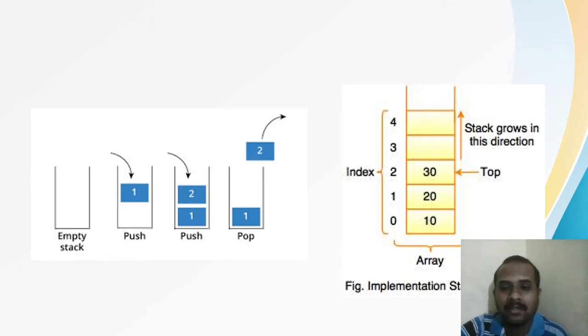So here it is similar to an array. In an array you place elements horizontally, but in a stack you are just changing the array from the horizontal direction to the vertical direction, that much only. So I have the index here and I have the array where I am inserting elements, that is 10, 20, 30, 40, like that. The top element is noted by top.